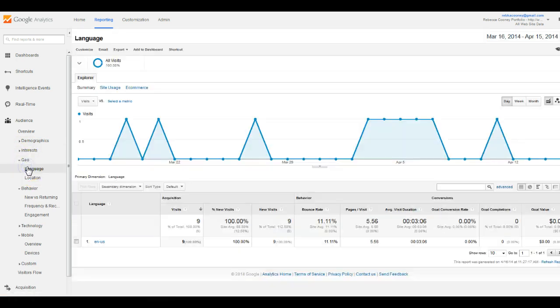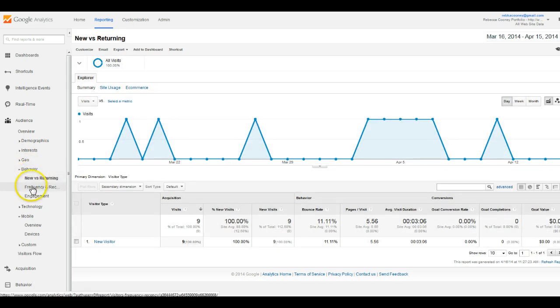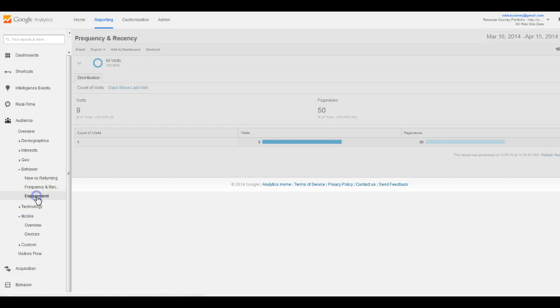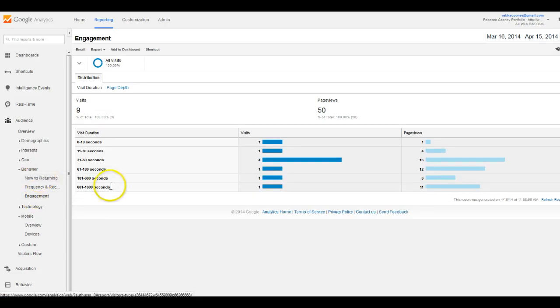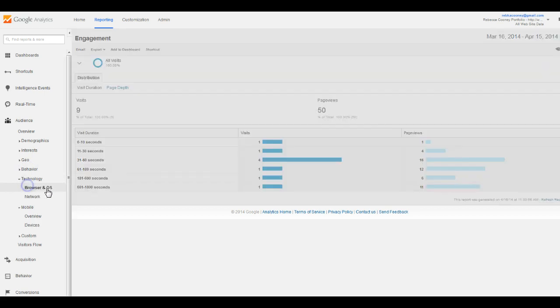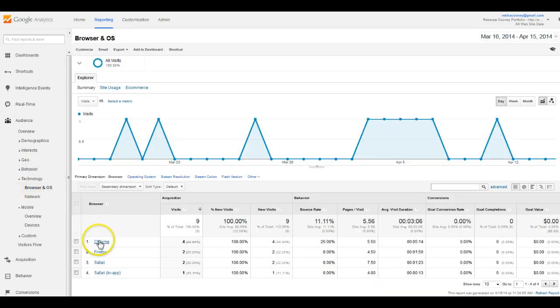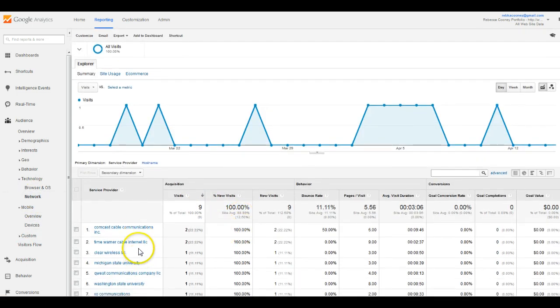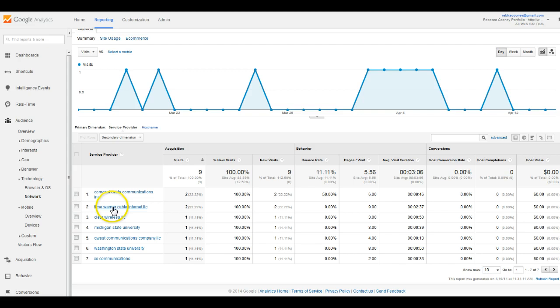Geo gives you any language and location, geography information. Behavior is new versus returning visitor, their frequency in the visitation, how much they engaged with the site as far as links and other activities, and looking at multimedia. You can look at their browser, Chrome, Firefox, Safari, which browsers they're using. You can look at the type of network they're coming in from. So we've got a lot of Comcast and Time Warner,